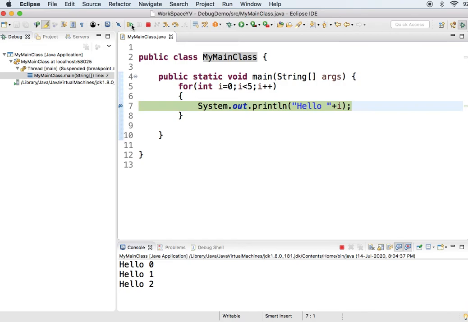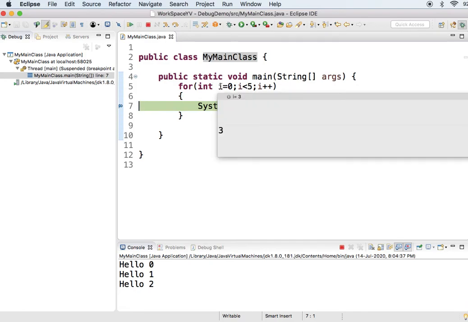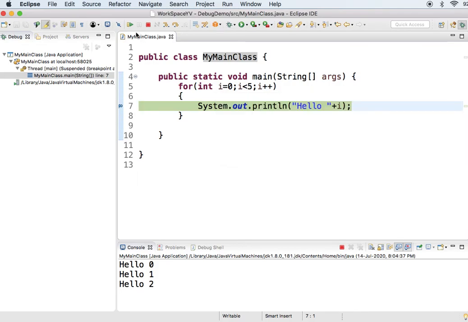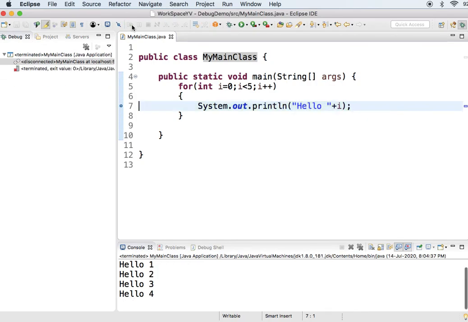Already 3 lines of output we have got. Now if I hover the mouse over the I variable, here I is 3. So output will be 3 like this, and at the last click, I is 4, the program now ends, meaning the execution of the program ends.